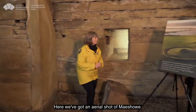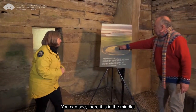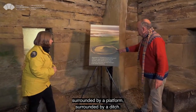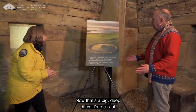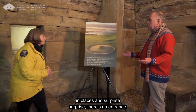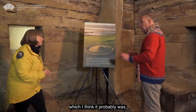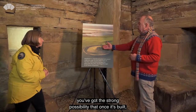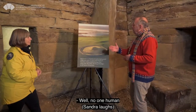Here we've got an aerial shot of Maeshowe. And you see there it is in the middle, surrounded by a platform, surrounded by a ditch. Now that's a big, deep ditch. It's rock cut in places, and surprise, surprise, there's no entrance. Now, if you think of this as a unitary construction, which I think it probably was, you've got the strong possibility that once it's built, no one's going into it, or no one human,